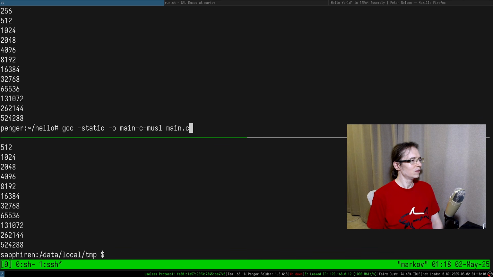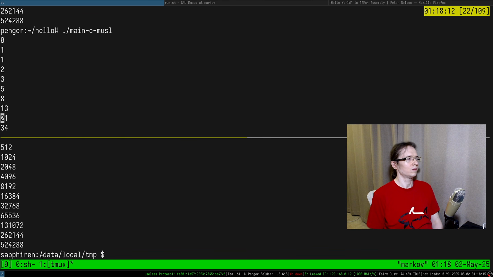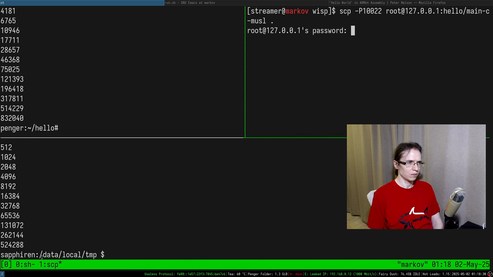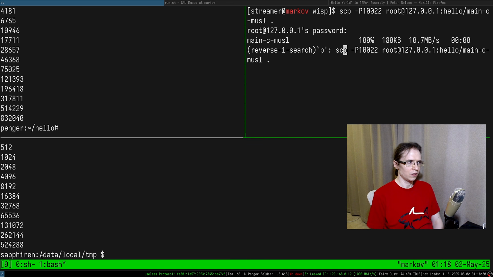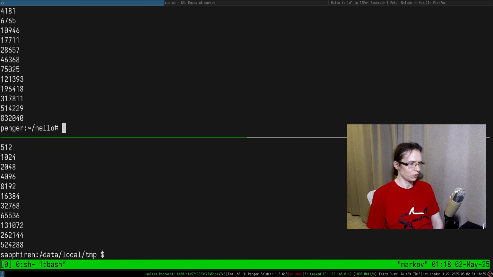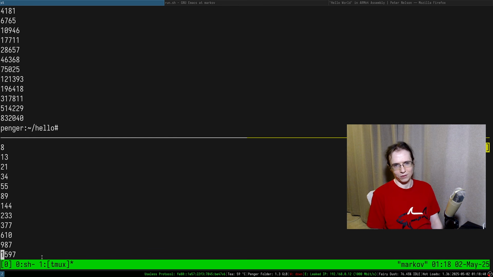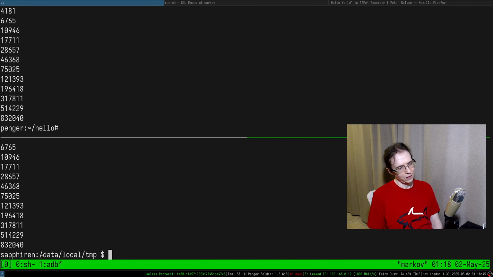Wait. Yeah, this is Fibonacci. Yeah, 1, 2. There we go. So now, can I maybe do something like this? SCP, then push, then I can close it, and in here, now that's Fibonacci, right? So now I can officially say that I computed a Fibonacci sequence on my phone. I officially did that.